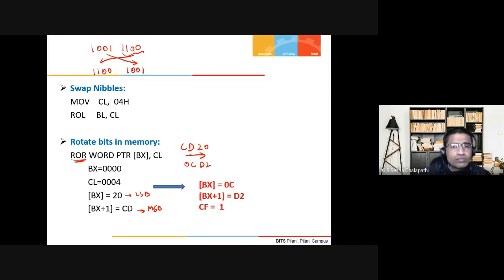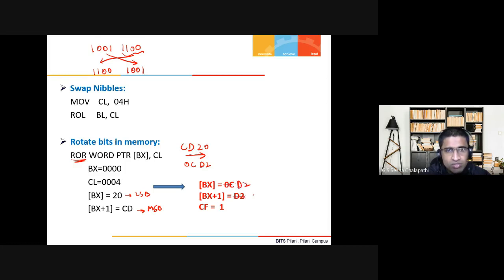Okay, there is some issue here. Right rotation. This should be wrong.